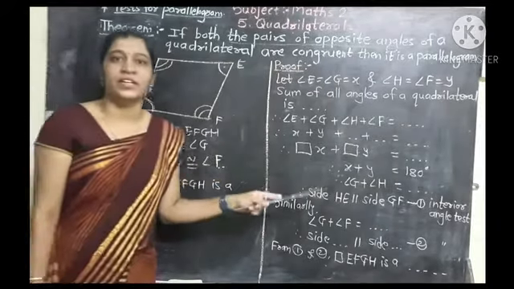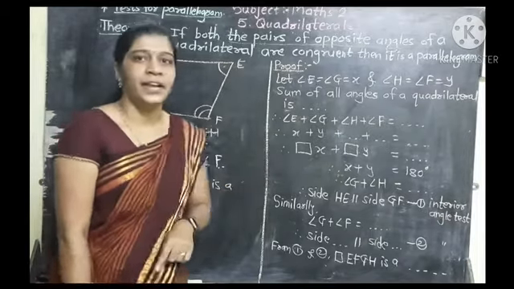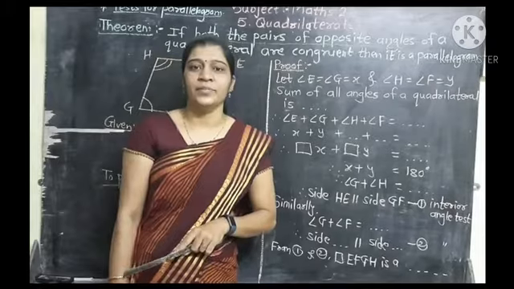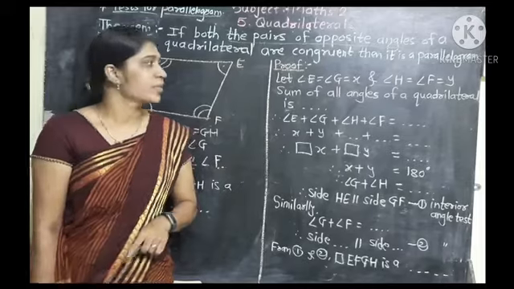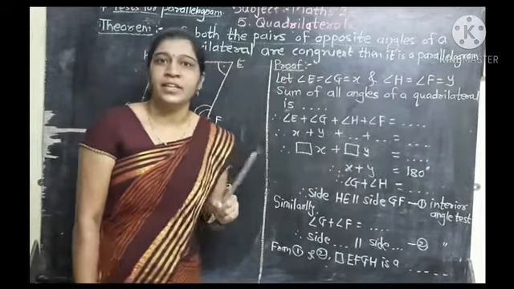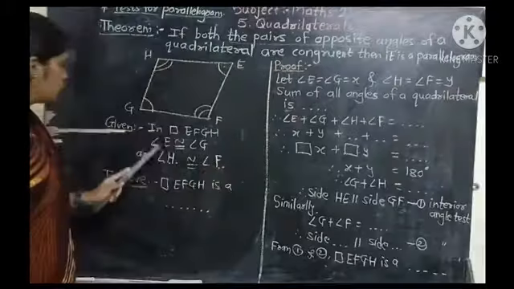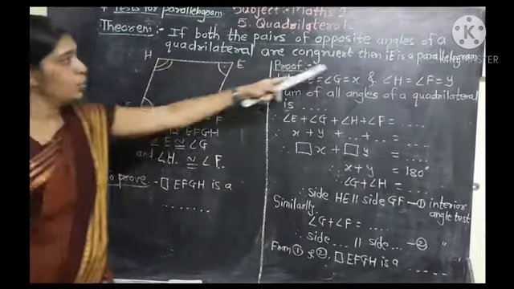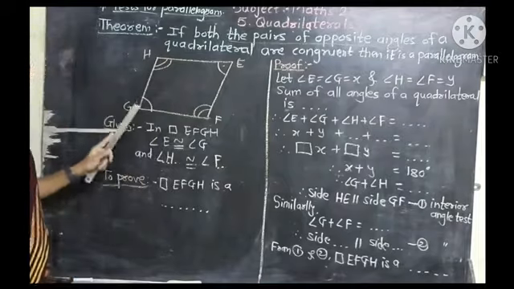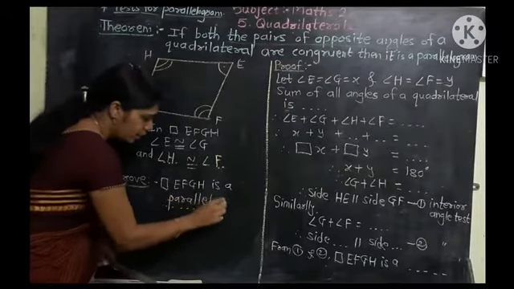Here the theorem is given in the form of an activity. In standard 9 and 10, you have activity based learning. So we have given an activity. Fill in the blanks means activity here. In question number 2 and question number 3, there are activities. So given, you understand, angle H is congruent to angle F. Now we have to prove that quadrilateral EFGH is a parallelogram.